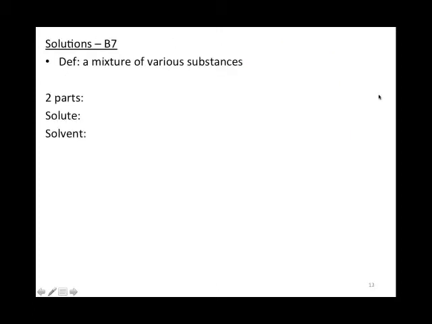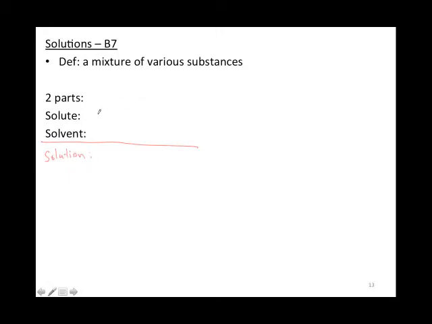All right, I just talked about mixtures. I want to talk about solutions. Not answers, but solutions. Solutions are kind of a type of mixture. They can be a mixture of various substances. But what I want to address is the two parts to a solution. We have a solute and a solvent. And I like to look at this as kind of an arithmetic problem. If you take a solute and a solvent and you add them together, you get a solution.